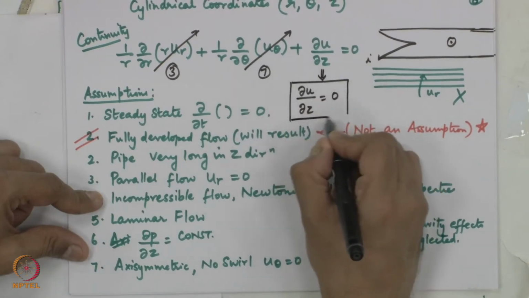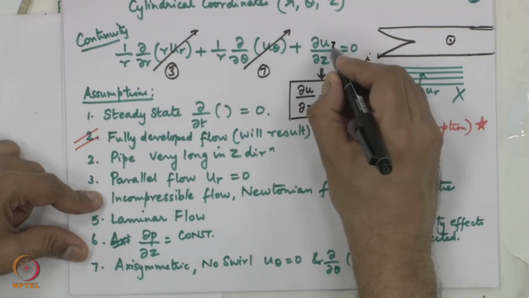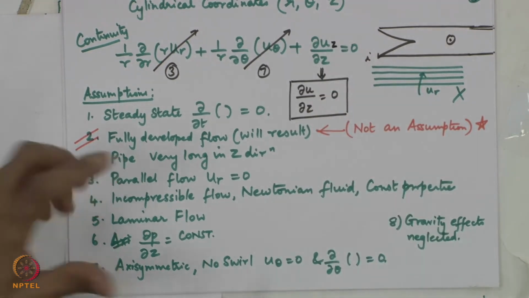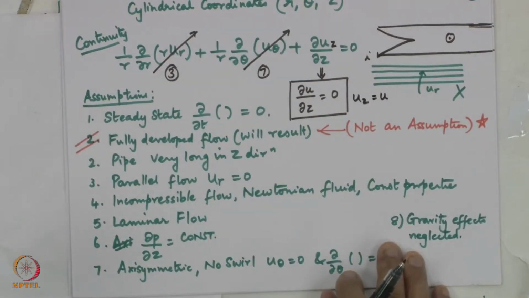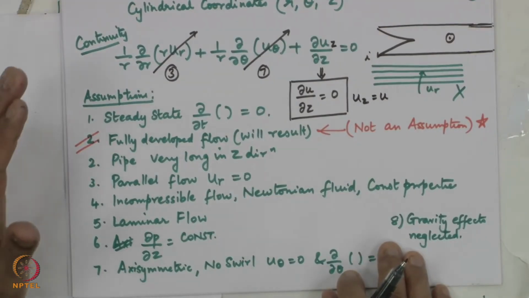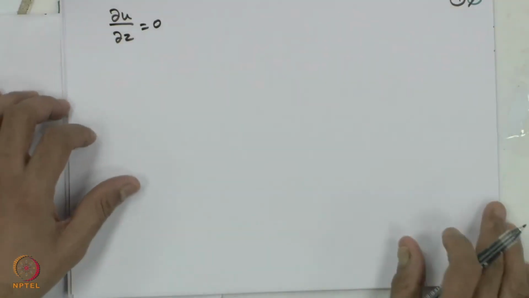I am purposely dropping off the subscript z, du z by dz actually it is, but since we do not have any other component of the velocity, just for simplicity we are replacing uz by simple u, no other reason. It is the axial component of the velocity that is represented by u, and the continuity equation tells me a very important thing, saying du by dz is equal to 0. What does that physically mean? So, this is slide number 9. Du by dz equal to 0, it means that